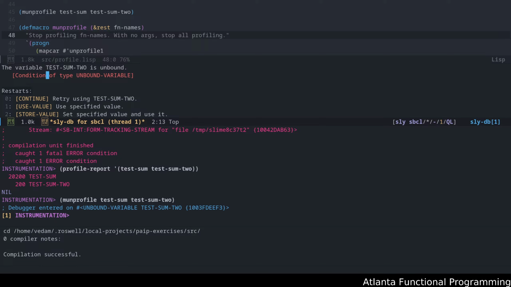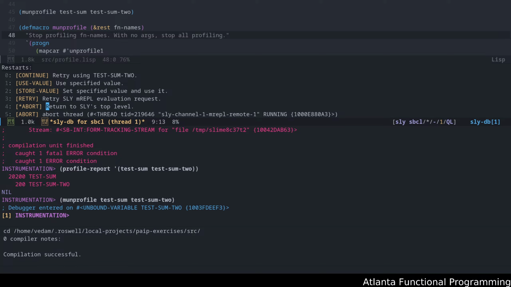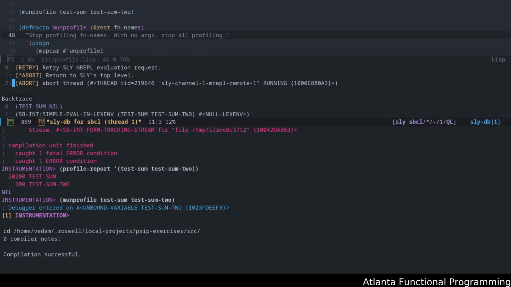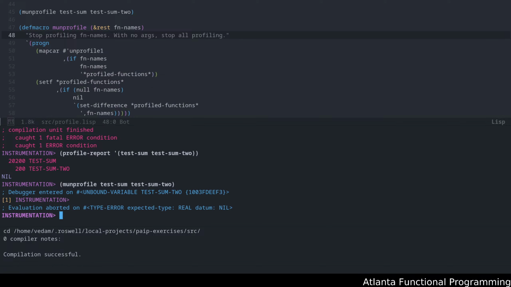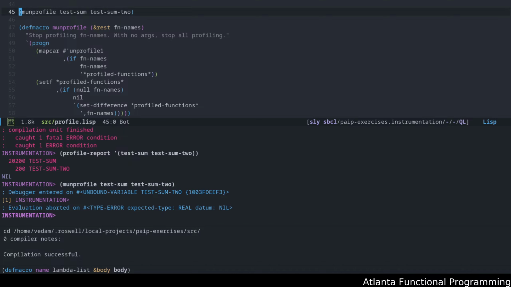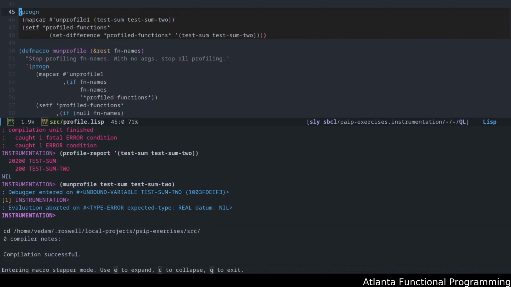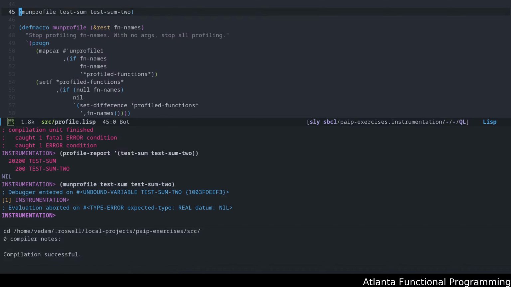Ooh, okay. Why is that the case? Hold on. I may have messed something up here accidentally. Go back to the profile. Oh, it's not quoted. Damn it.